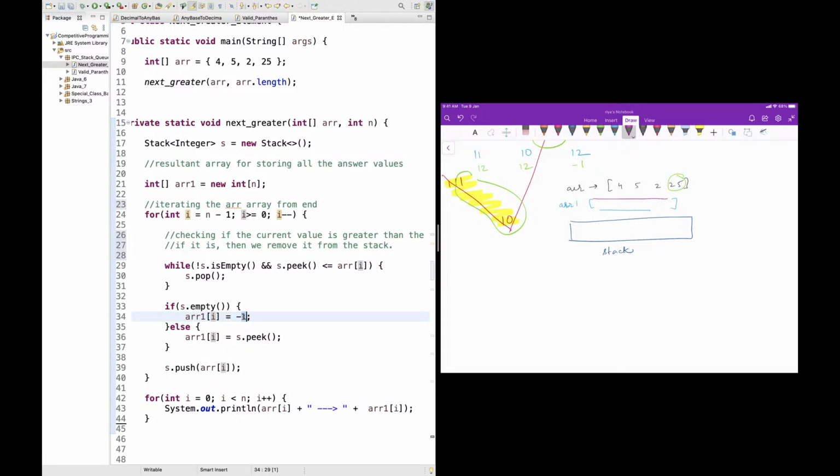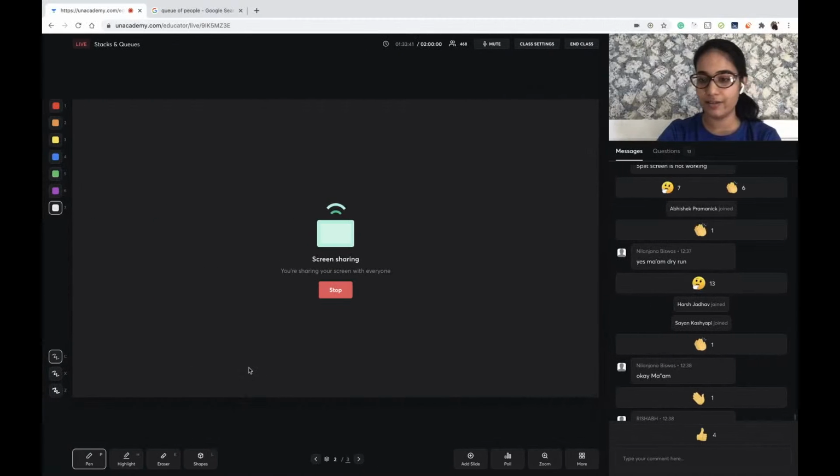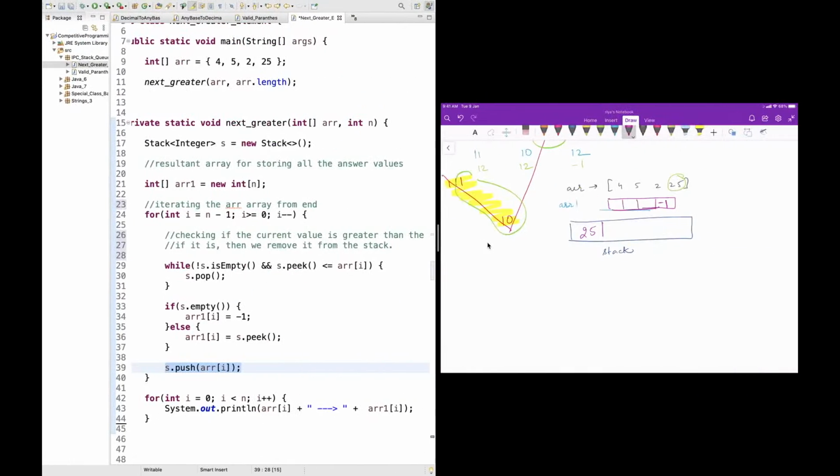That means if there are 4 positions, 1 2 3 4 in this array, at this position we are putting a -1. देखो, if condition में आके हमने बोल दिया -1 रख दो, क्योंकि भाई there is no value that is greater, है ना, तो we put a -1, and in the end we come to line number 39 and we simply put the element in the stack. तो हमने क्या कर दिया, element को सीधा push कर दिया. So now 25 is present in the stack. I hope everyone is with me till this point.